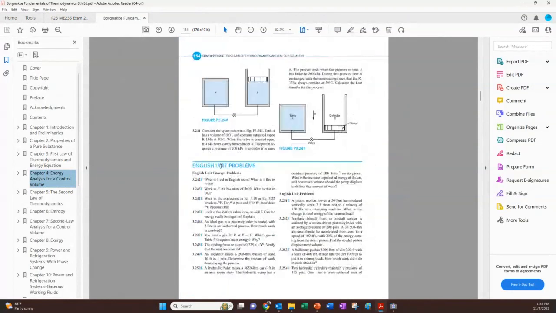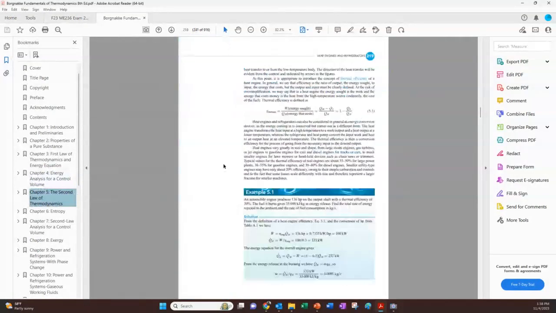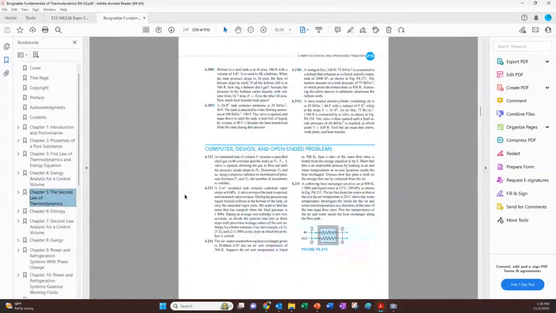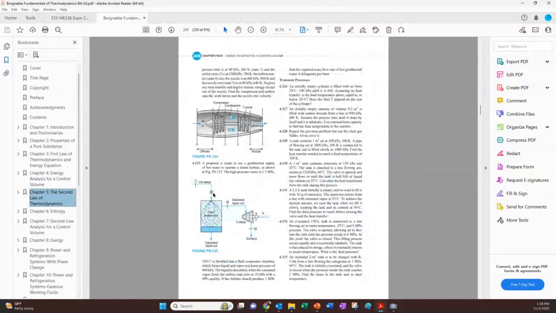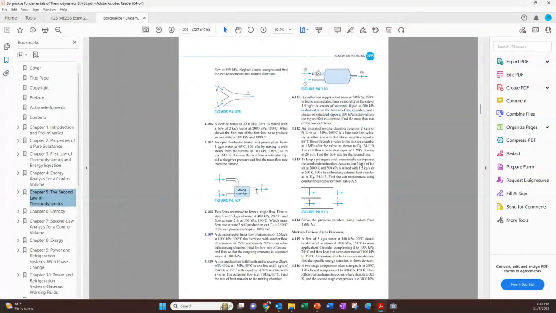Do we have pumps in here? No, this pump should be in chapter 4. I'm going the wrong direction. So let's see, transient processes,